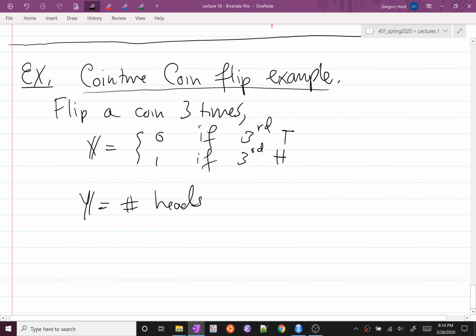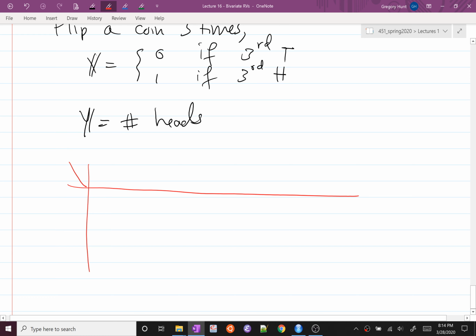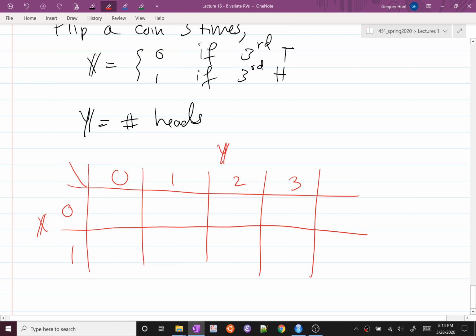For discrete bivariate distributions, we can always visualize these as a table of values. So here's my table of values. I'm going to have x here, and I'm going to have y here. Now x can take on 2 possible values, 0 or 1, and y can take on 4 possible values, 0, 1, 2, or 3. So here are all my possible values. Draw a little table like this, extend these lines,